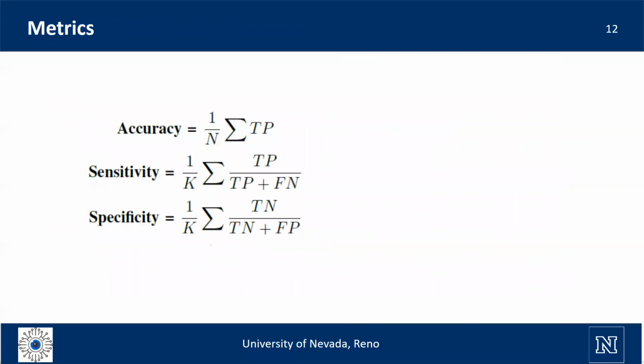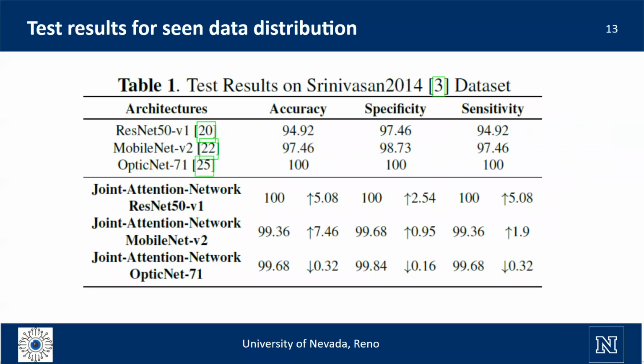We use the following 3 metrics, namely accuracy, sensitivity, and specificity, for evaluating our models and previous architectures. For the Srinivasan 2014 dataset, 2 of our joint networks achieve better results for the 3 metrics compared to the vanilla architectures. However, for OpticNet 71, the network gets worse results. But this can be seen as a good indicator that our network is not being overfitted with the training data